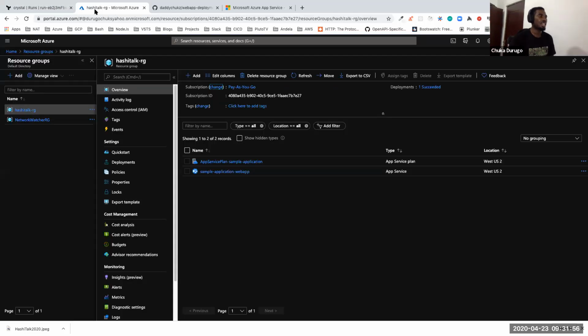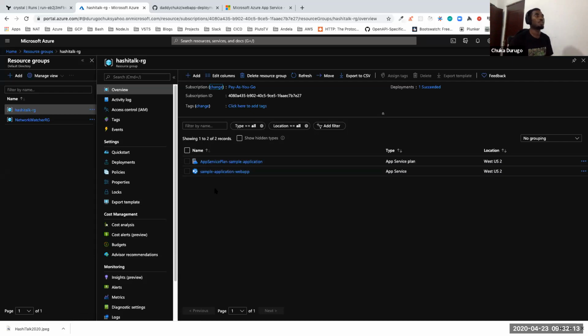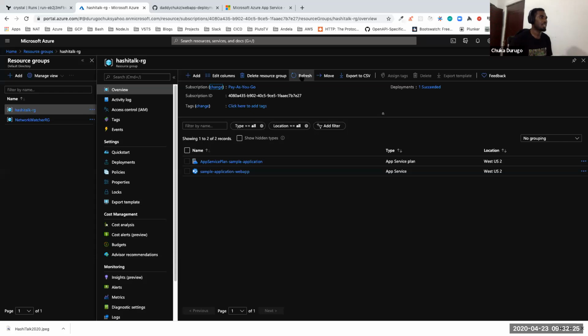The next thing you might want to do is to write an automation script using the Terraform local exec provisioner. That basically will interact with the Azure API to get the name of the application or resource that you want to take down, and you're going to use the Terraform hook on destroy to get those resources and kill them when it is destroying the templates. So this is completed,